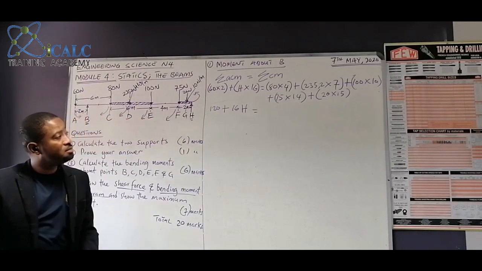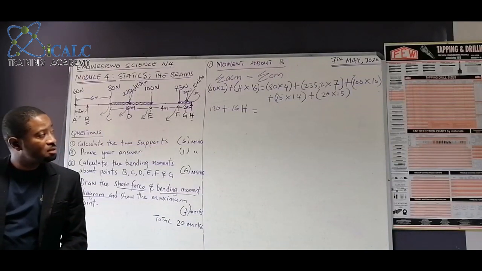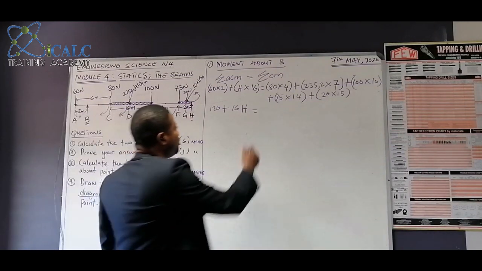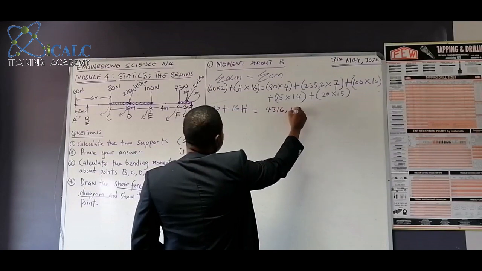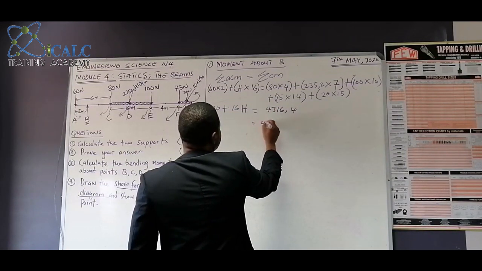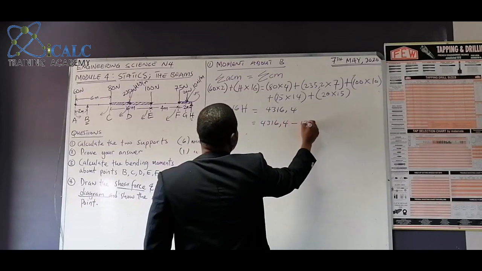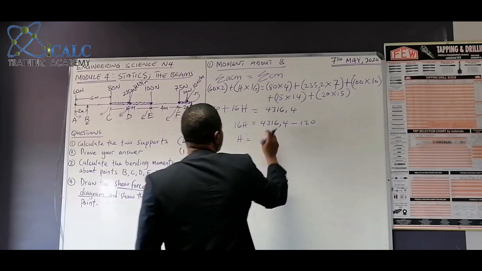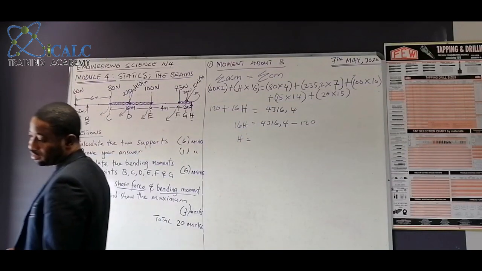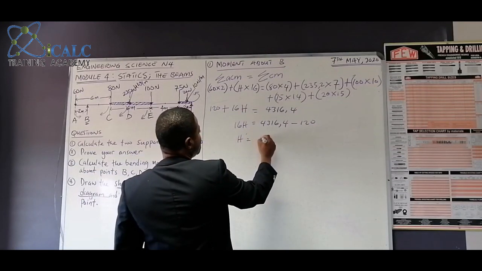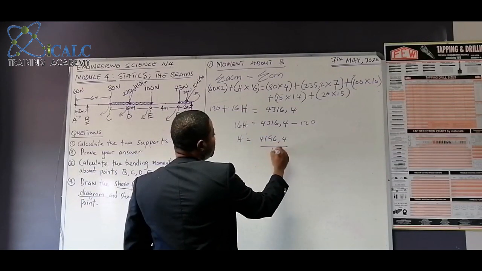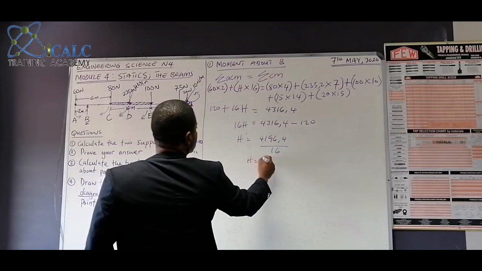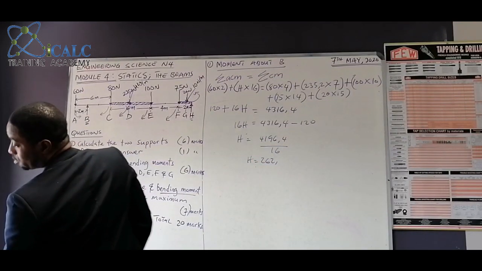Therefore, we shall have 120 plus 16H will be equal to 80 multiplied by 4 plus 235.2 by 7 plus 100 by 10 plus 75 by 14 plus 20 by 15 shall give us 4316.4. So 4316.4 minus 120 will be equal to 16H, and H will be equal to 4316.4 minus 120, which gives us 4196.4, all divided by 16, and our H will be 262.275